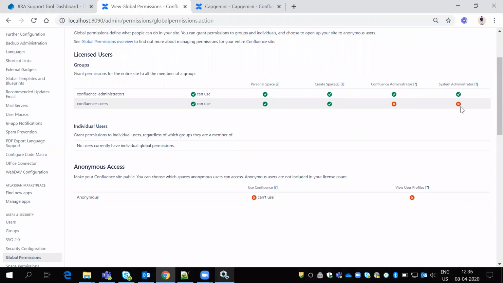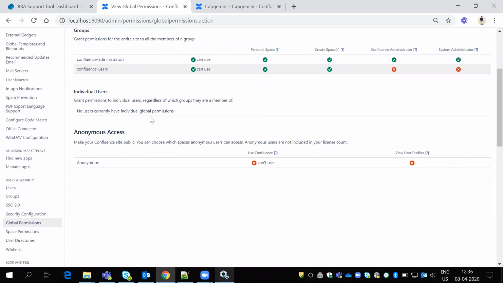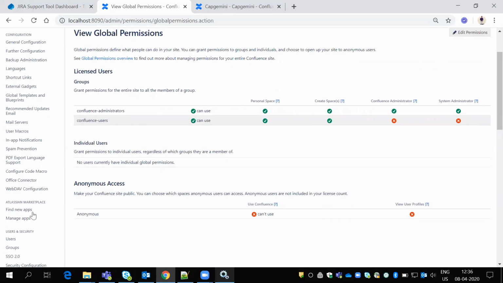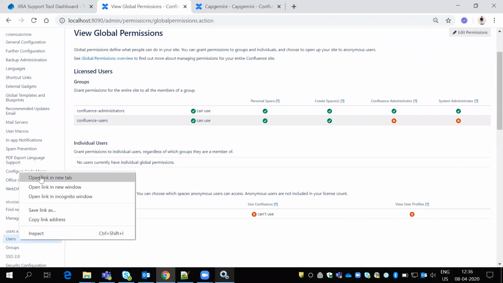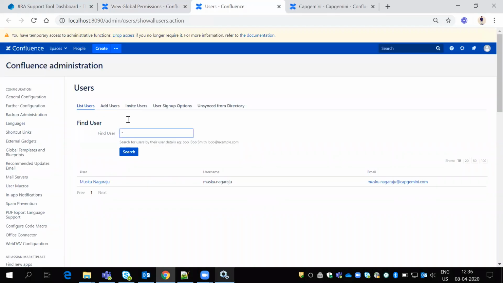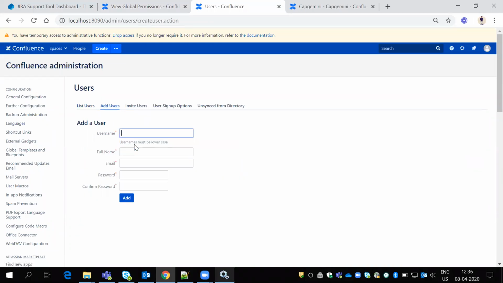And the next option, individual users. No user currently has individual global permissions. Suppose I create a user here. Add user, username admin, full name Nagaraju, email, password admin.